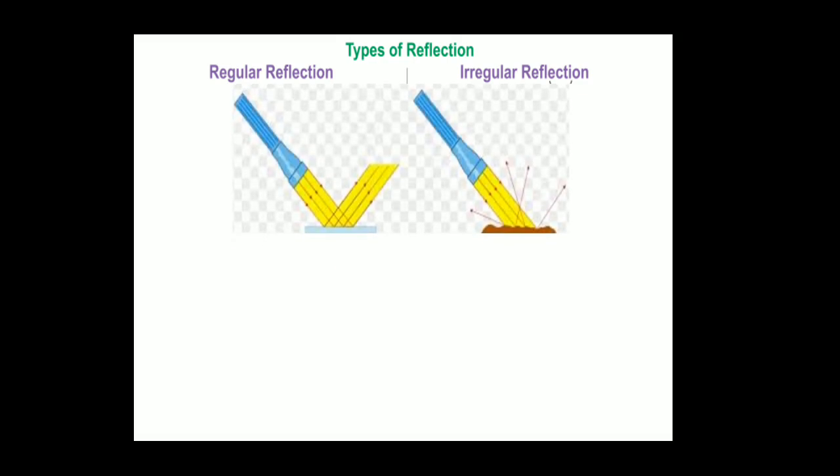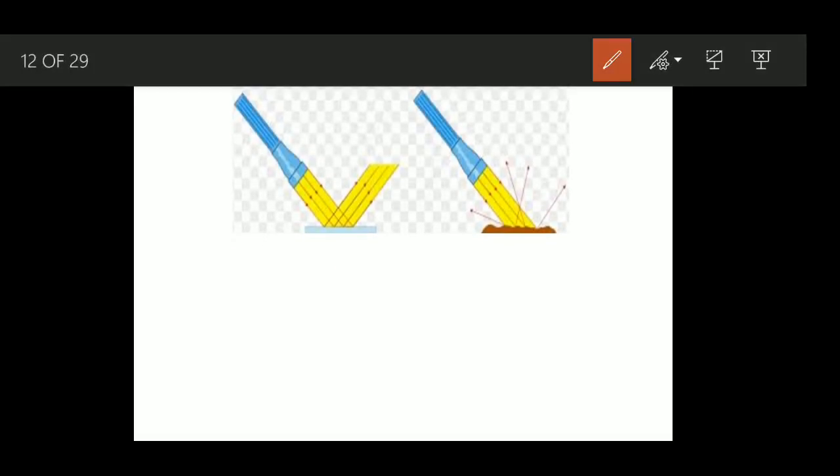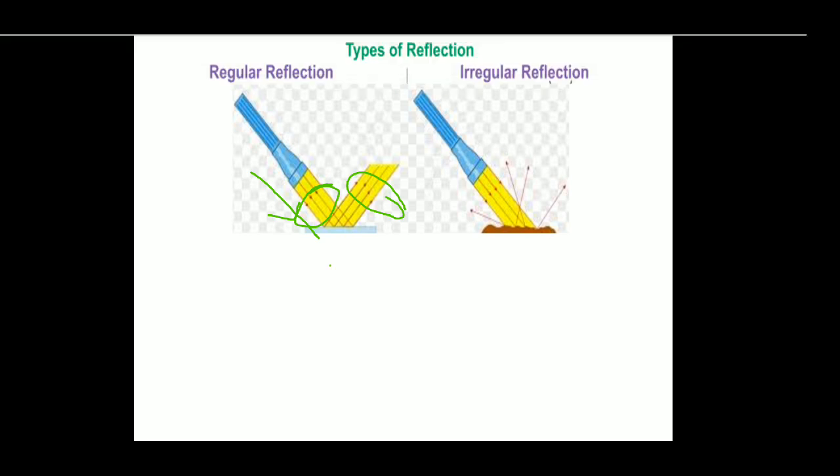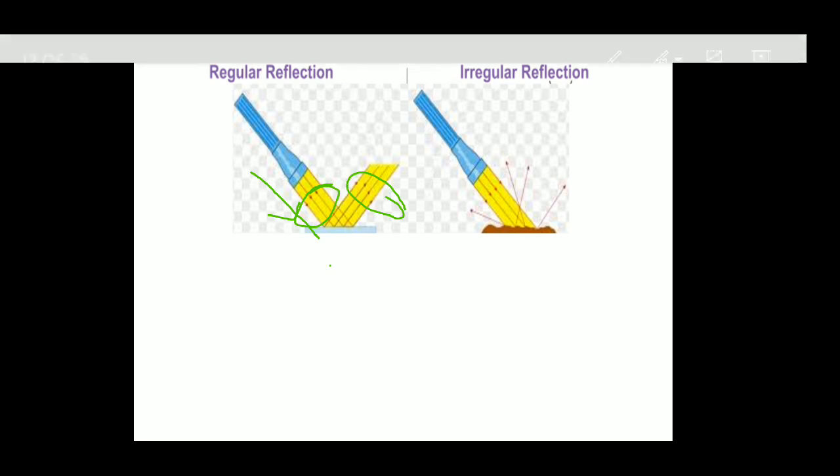Now see in this diagram, can you see a torch I have used. From the torch, light is falling on the reflecting surface. Can you see all these incident rays are parallel rays. Now it falls on the surface and gets bounced back. All are parallel. So the incident light is a parallel beam. Can you recall? Yesterday we studied beam. And the reflected light is also parallel. So this type of reflection that I have shown here is called regular reflection.